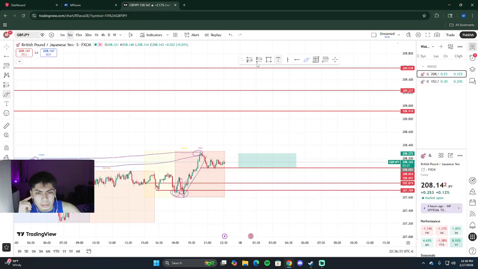How do I erase this? Oh, I'm on the... Jesus. Can I control Z that? No. Oh, I can't. Okay, whatever. But yes, that's what I don't want to do. That's why we don't place it at the very bottom of these. If you would have placed your stop loss down here, somewhere around here, you would have still hit that take profit. That's why you don't put it right at the bottom. You put it just a little bit below.